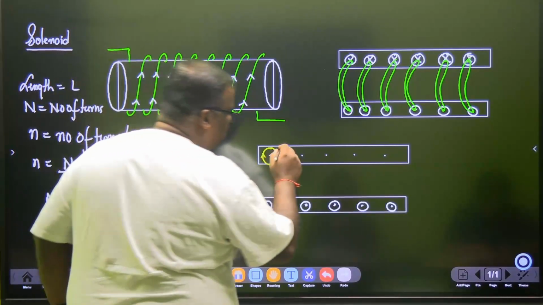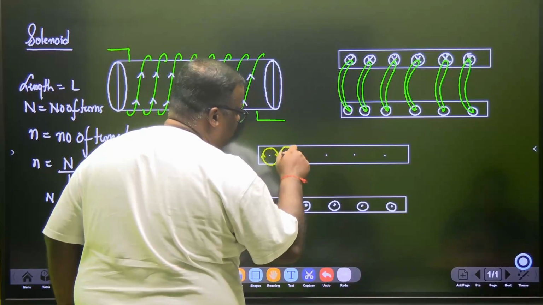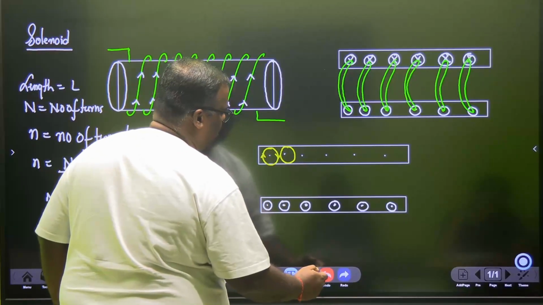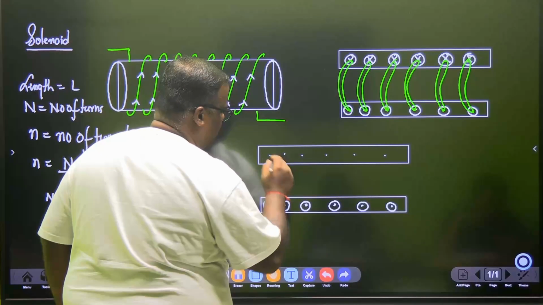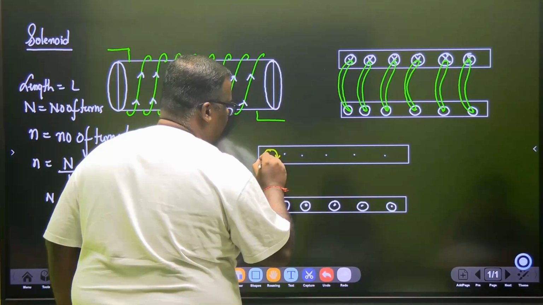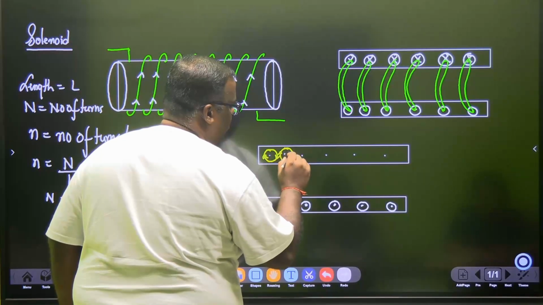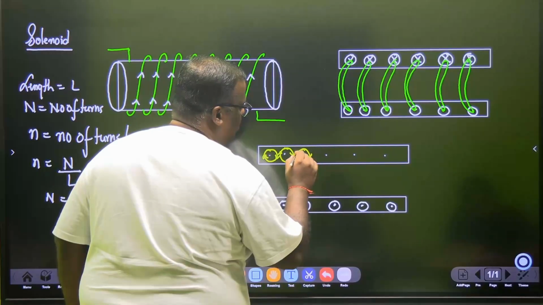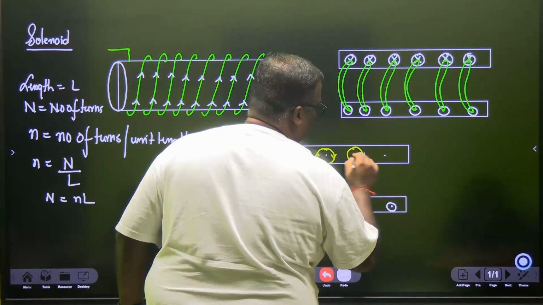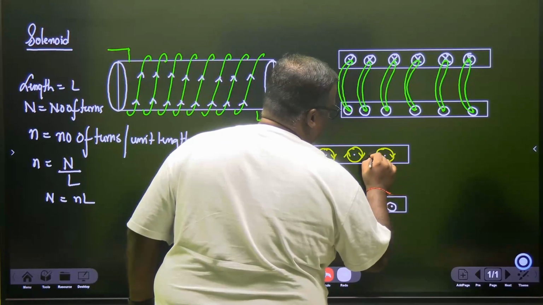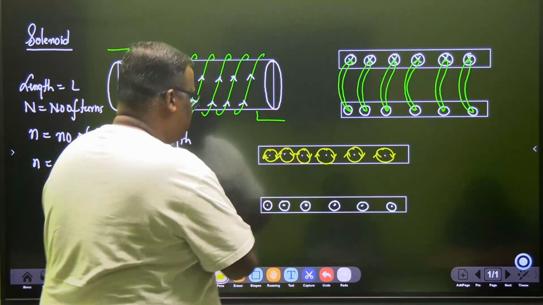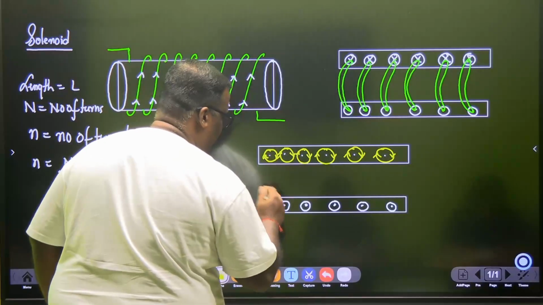Okay? So if you see the second one, then also what will happen? I'm going to make them a little bit smaller. Are the top ones clear with you? Let's look at the bottom one. Current is coming out. Current is coming out. So if the current comes out,